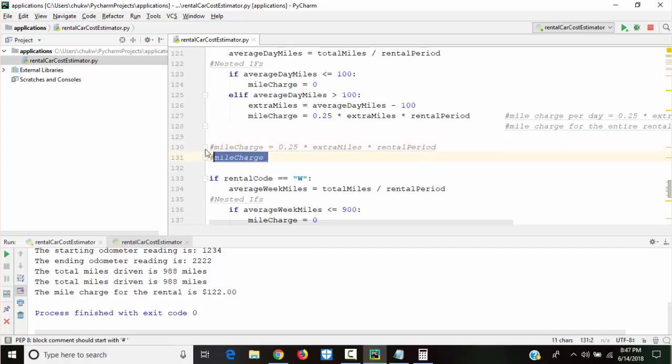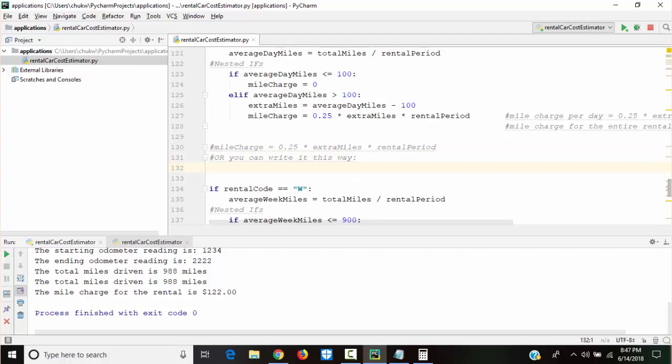Or you can write it this way: we can do the mileCharge for 1 day first, equal to 0.25 times average day, times extraMiles. I'm sorry, times extraMiles. Okay, we can do that.